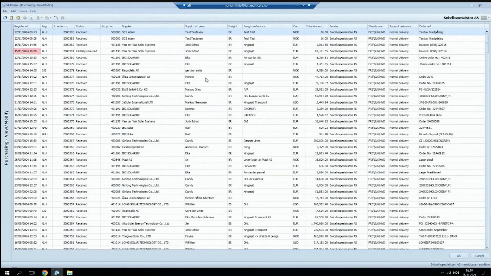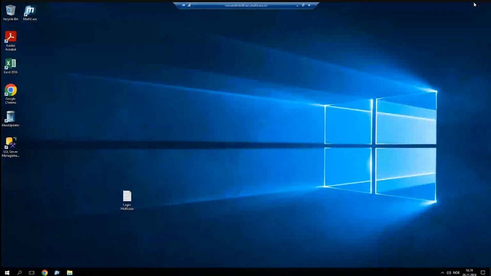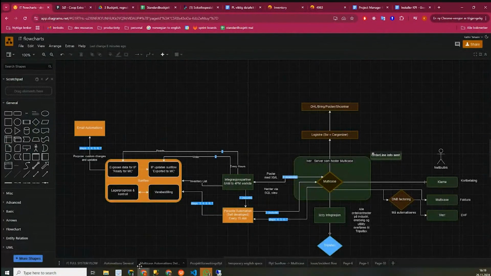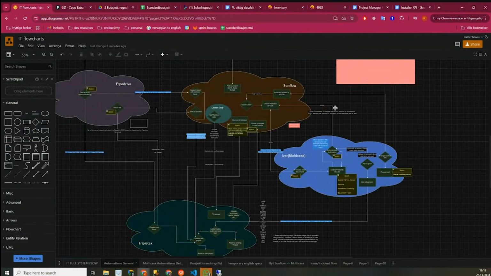So the warehouse can then use the system and dispatch goods and update different information. Okay, that gives you a bit more information about Multicase, and there are some complicated relationships that govern how it interacts,